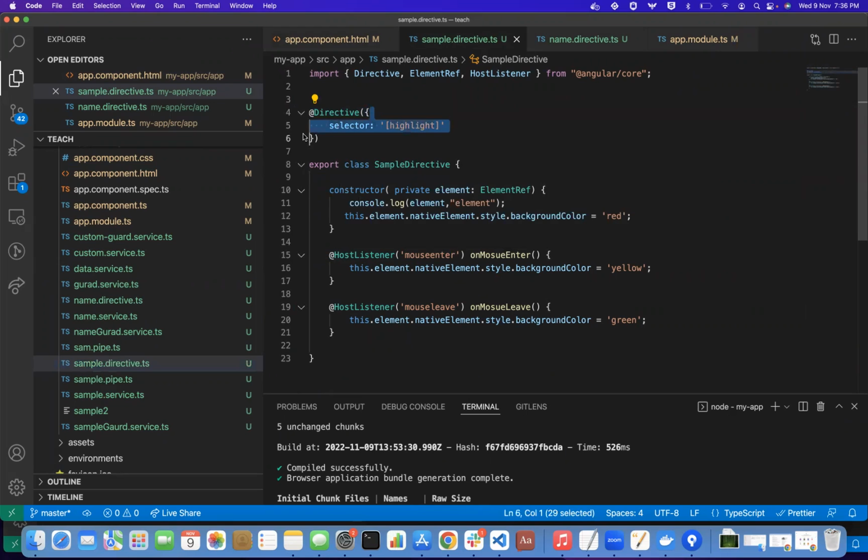And what will be there in this directive? We have a selector and an export class. We have one selector name, and we will again contain some export class and the class name. And we will get the directive element reference, and we can even change the background color. Additionally, we have some host listeners. Whenever we perform any event, these host listeners listen to those events. For example, on mouse enter, if you want to perform some function,